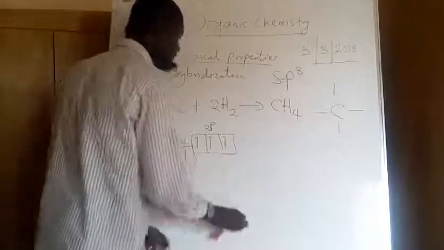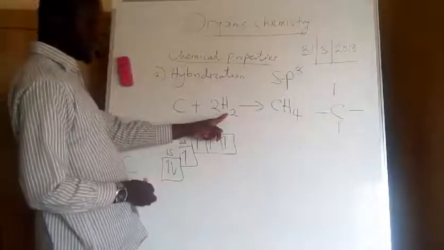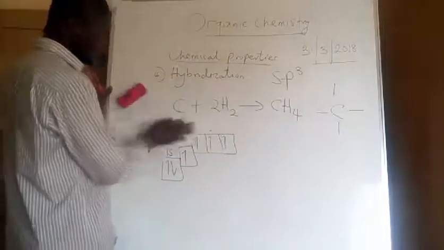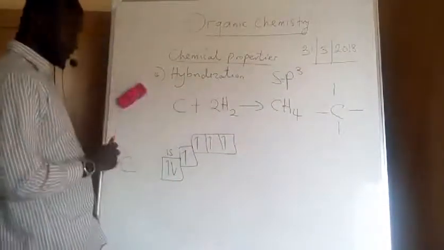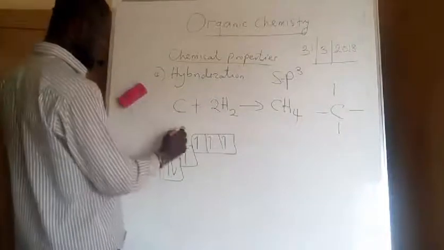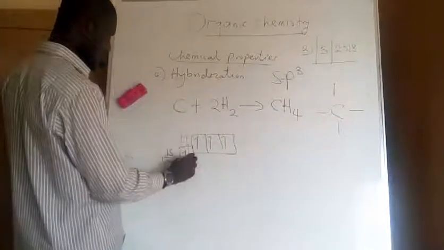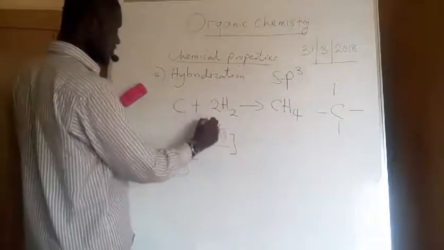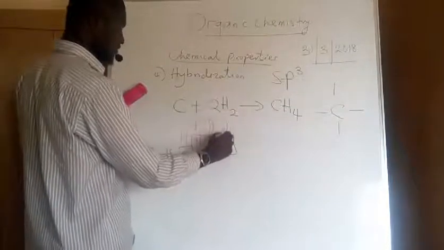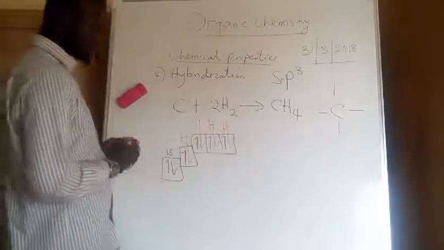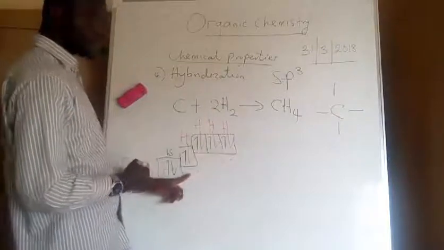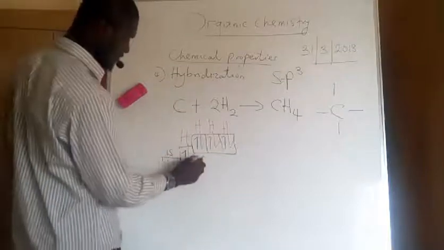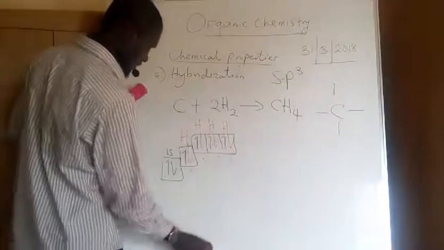Now if you look at this, we have 4 atoms of hydrogen. Because each hydrogen atom has 1 electron, one of the hydrogen here will combine with this to form a bond. Another hydrogen will combine with this, another hydrogen combines with this, and the other hydrogen combines with this, because each hydrogen has 1 electron. And we have 4 boxes that require 1 electron each. Now, you can see in each of these boxes, 1, 2, 3, 4,